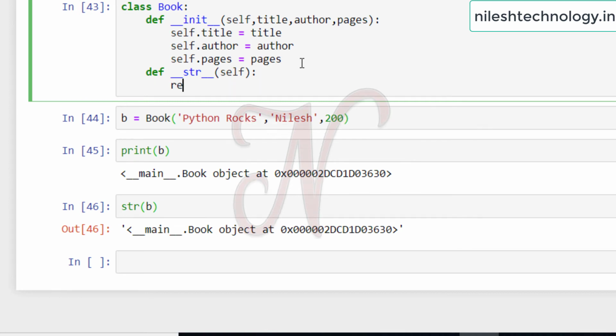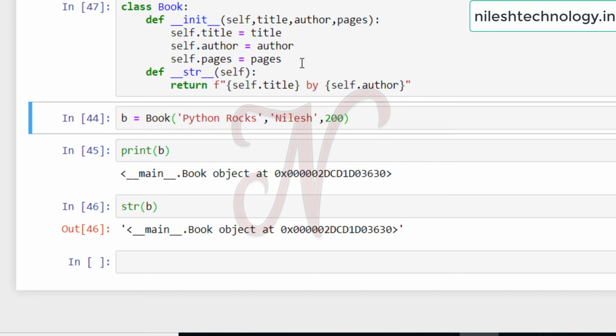Use the return with an f-string: self.title by self.author. After running this code, again create one instance.